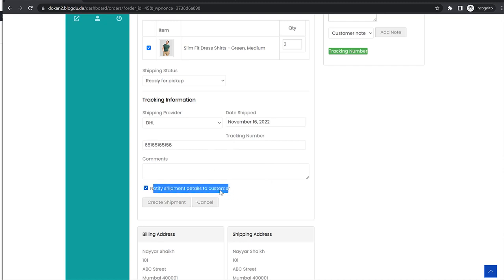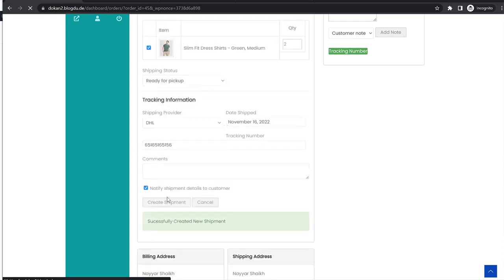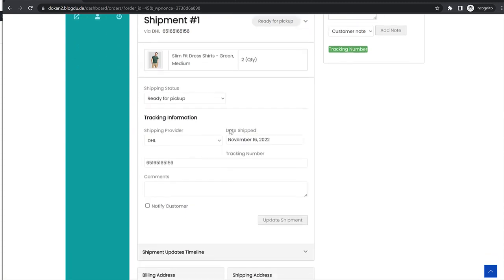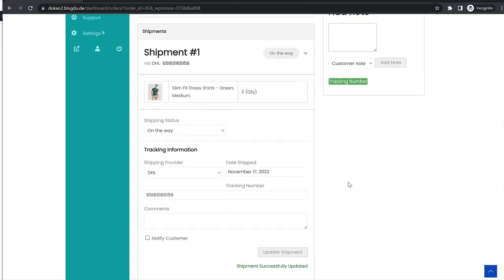So these details will also be sent to the customer so that they can also track their order. Now click on create shipment. Now maybe after 1 day, if this product is shipped, then you can update the status to maybe picked up or on the way. Okay, and maybe this was on Thursday, so we'll again update the shipment, and again after